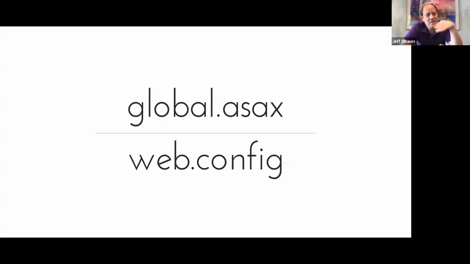Webconfig we'll come back to in a bit. I hated messing with webconfig. I still hate messing with webconfig. But even global.asax, with the event-driven system, you know, application start, application end, application begin request, end request, app init. All these event-driven systems and the way ASP.NET evolved over time caused it historically to be really